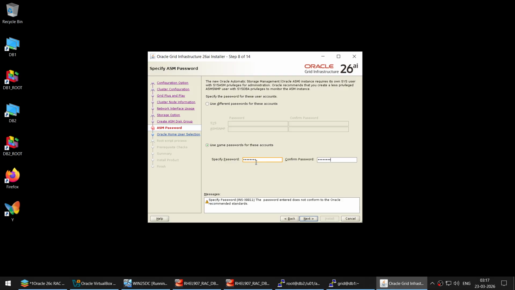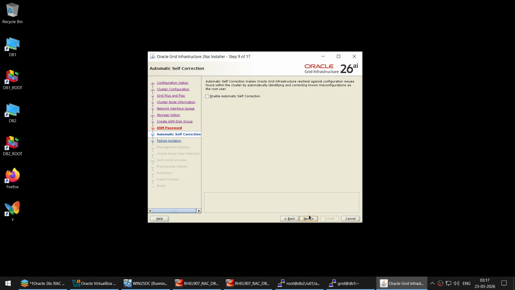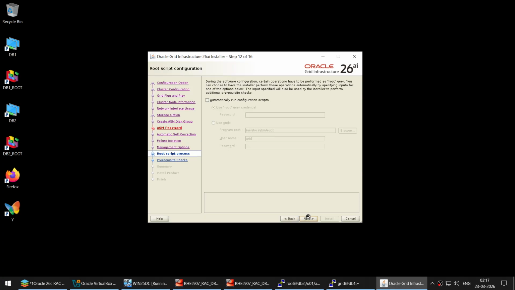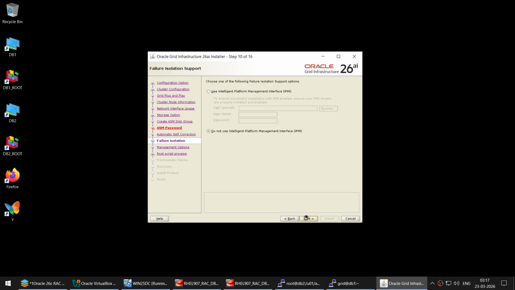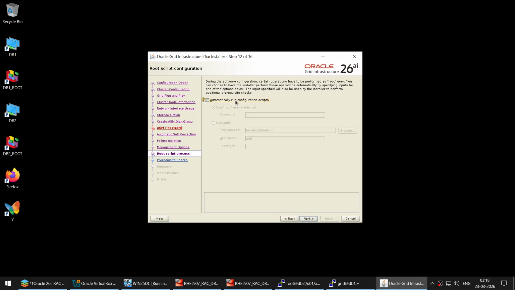So the password is literally password, doesn't match, but that's fine. We can change it at a later point in time, so that's a big thing. We can always change the ASM password. I'm going to uncheck this. There is no Enterprise Manager, so I'm not going to do that. And here, I'm going to give the root password so that I don't waste my time